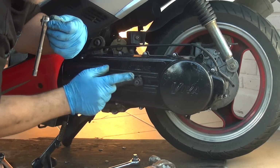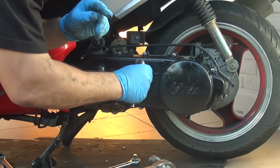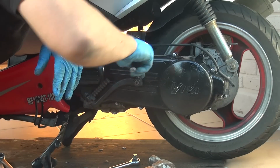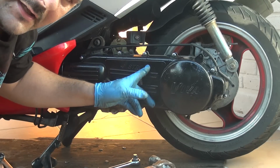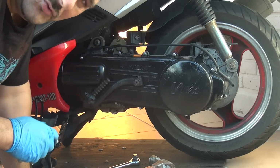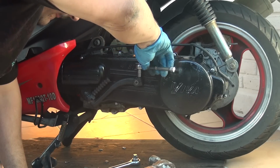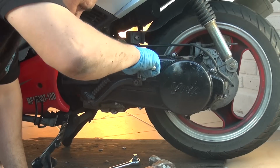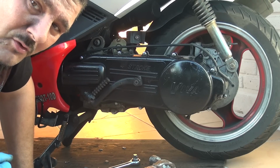The socket key for your kickstart arm is 10mm. Make sure you tighten your kickstart arm enough to make sure it's not gonna go anywhere when you ride. But do not overtighten it, because it might break. Okay. We just changed the weight for your variator to make sure you will get a little more speed to start up with your scooter,